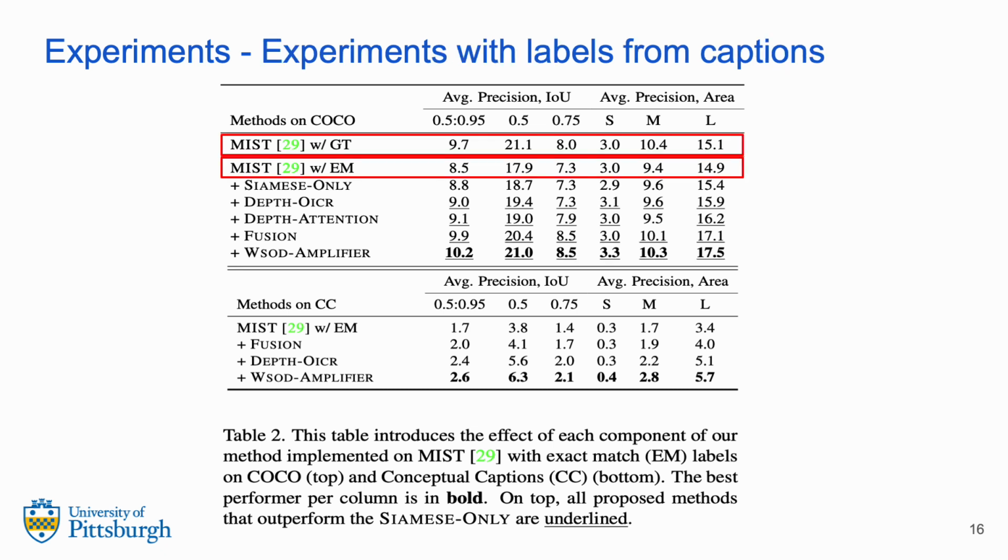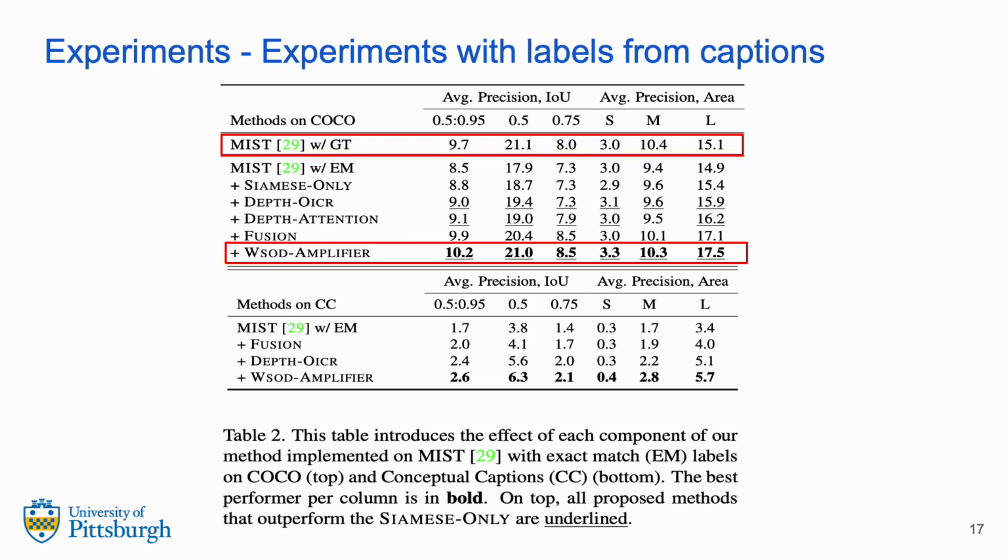We next experiment with labels extracted from captions rather than using ground truth labels, because it is weaker supervision with no annotation costs. Captions are already present on social media freely. However, the detection performance with labels extracted from captions is worse than the baseline trained with ground truth labels due to the noise. Our approach trained with noisy labels outperforms the baseline trained with ground truth labels by reducing the noise.